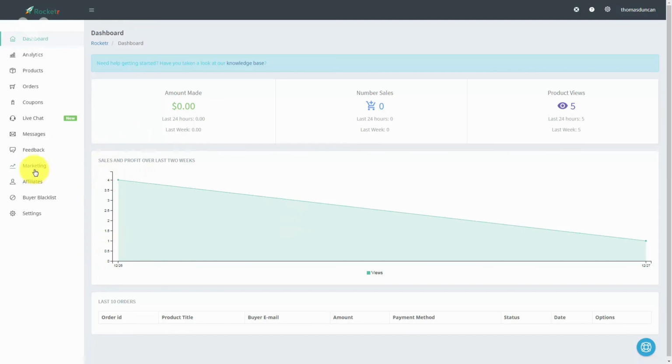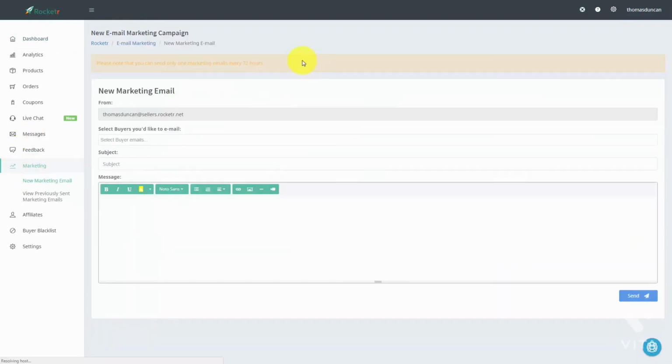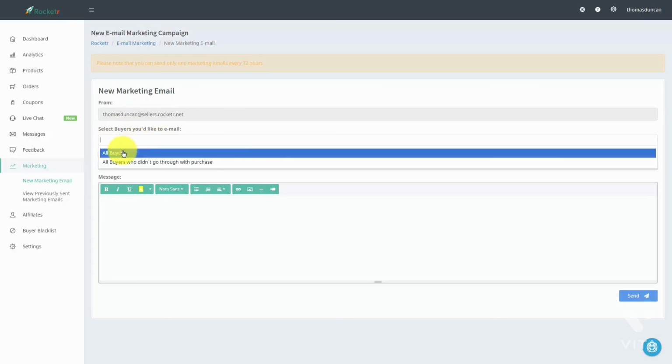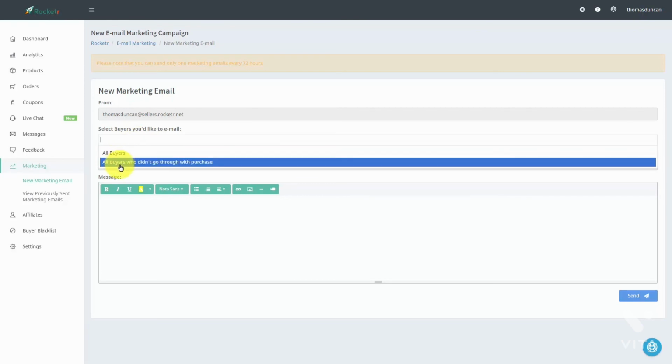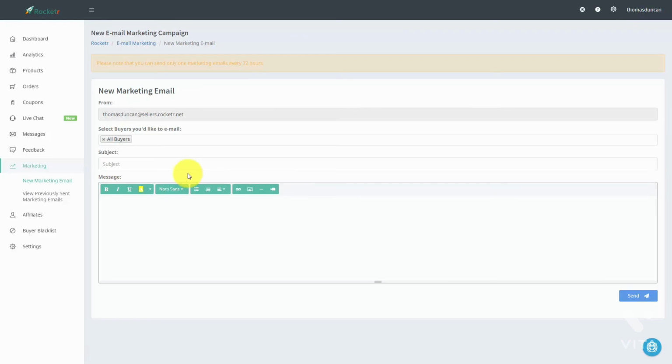So in order to do that, we are going to go to this marketing link. And then we're going to click this link that says New Marketing Email. When we do that, we're actually going to come to a specific page, and we can actually select the buyers that we like to email. So for example, we can determine that we want to email all buyers or all buyers that did not go through with the purchase. We can write in a subject for our email,